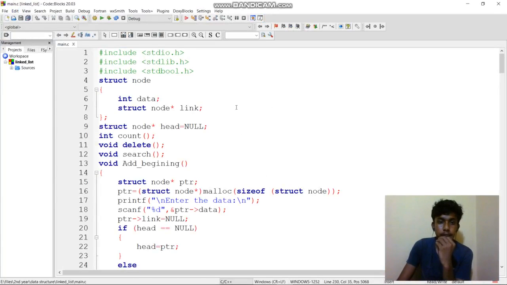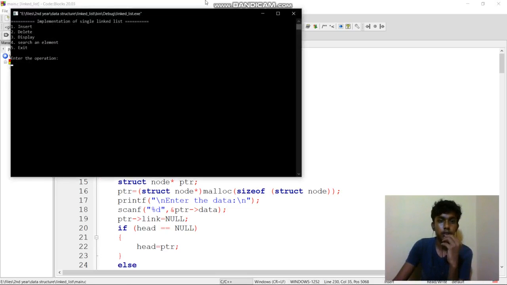I have used a C program for a single linked list. First I will show you the output.